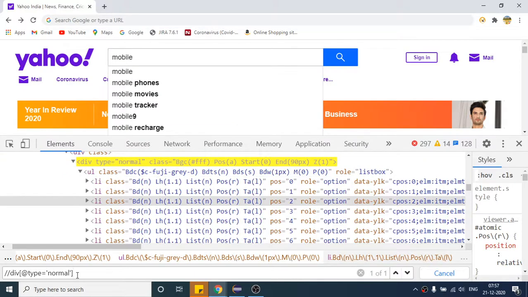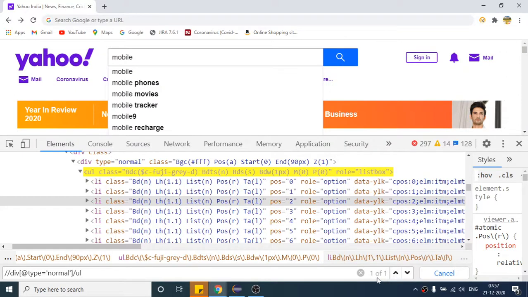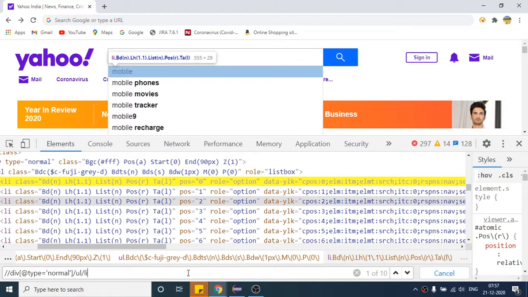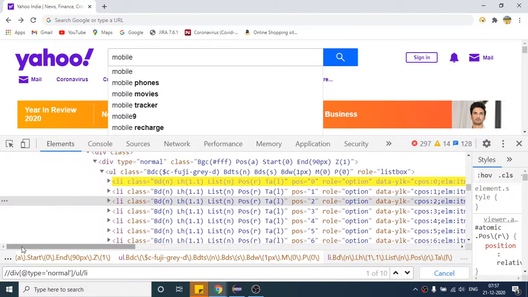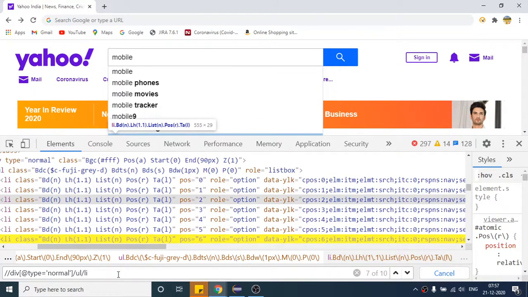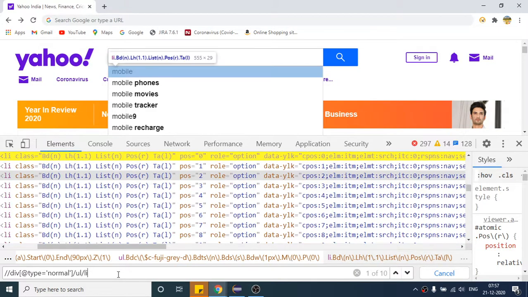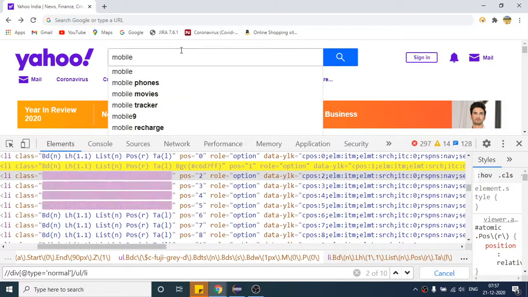So ul is the child. As of now it is giving me one element, but when I say li, it will highlight all the elements, because all the children have the li tag. If I keep hitting enter, second, third, 4, 5, 6, 7, 8, 9, I think total 10. After that 10 it will start again from the beginning. So in total we have 10 entries. This is the XPath I have written.